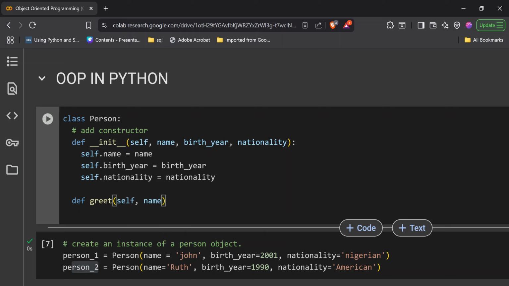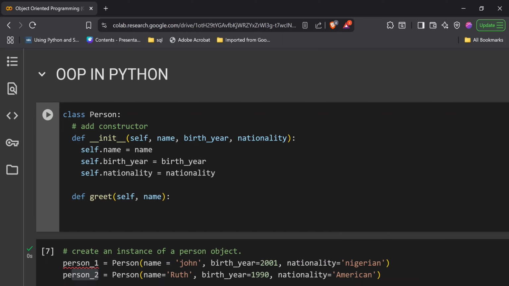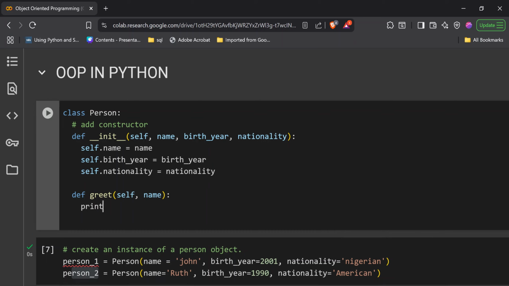Now if you come here and print out an f string: hi, name of person that we want to greet,